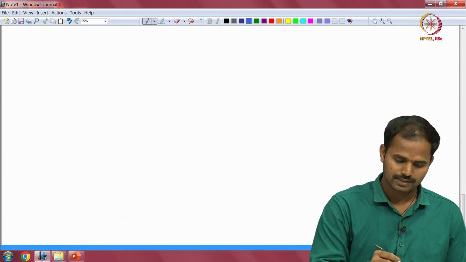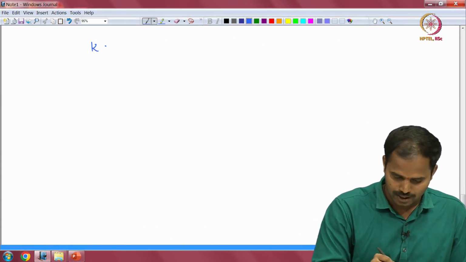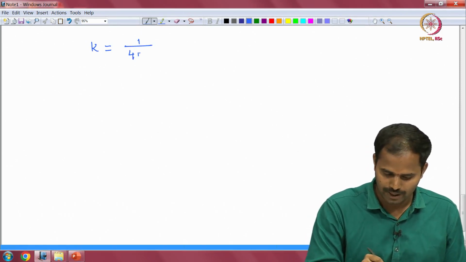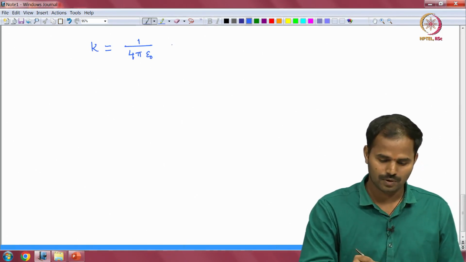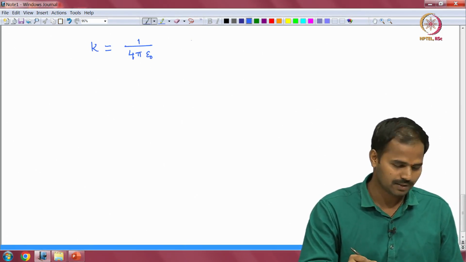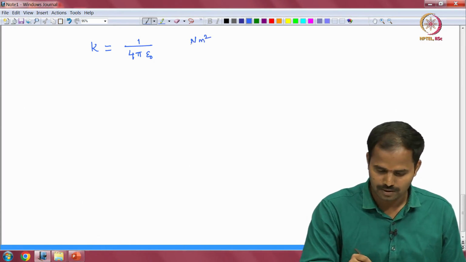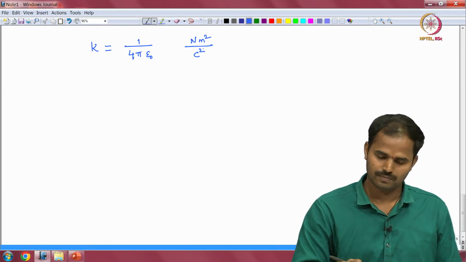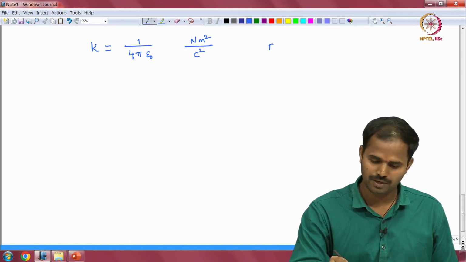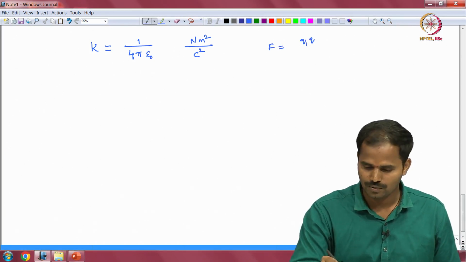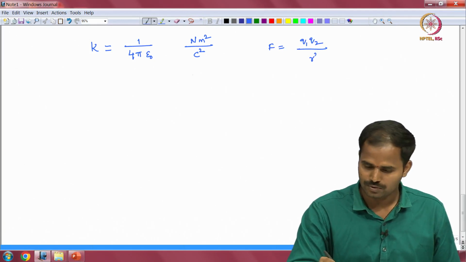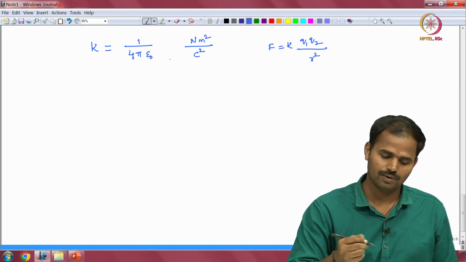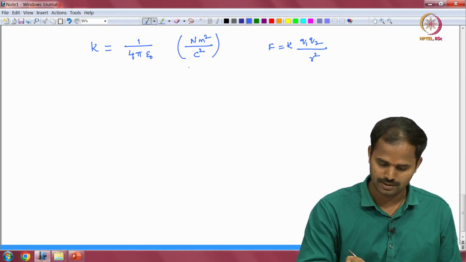Next we will discuss the Coulomb's constant. K equals the Coulomb's constant and it is equal to 1 by 4 pi epsilon naught. The units are nothing but Newton meter square divided by Coulomb square. How can we derive these units? If force equals k q1 q2 by r square, from this relation we can get the units for Coulomb's constant. These are the units,